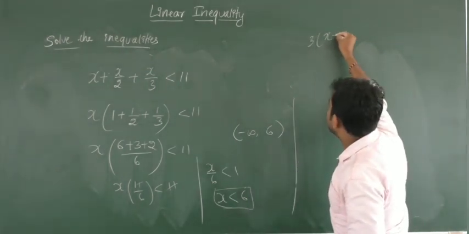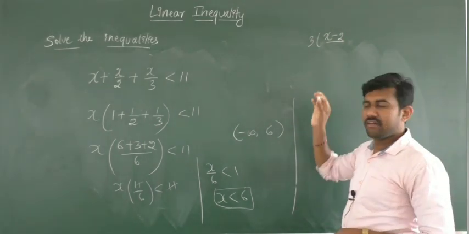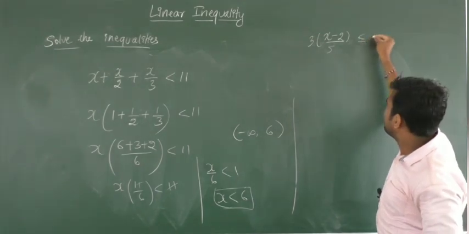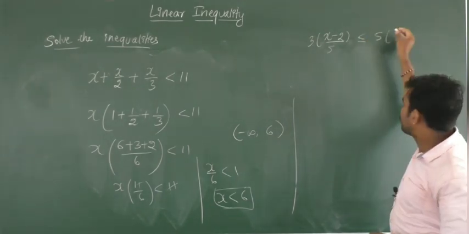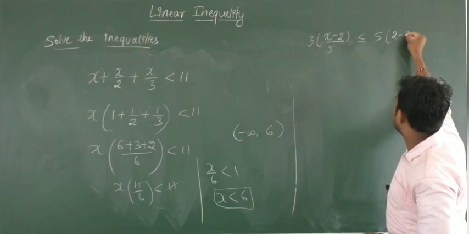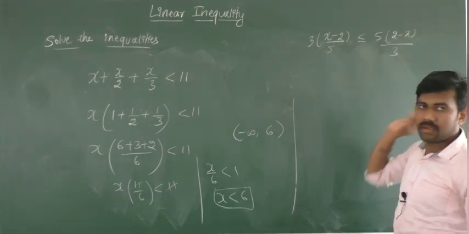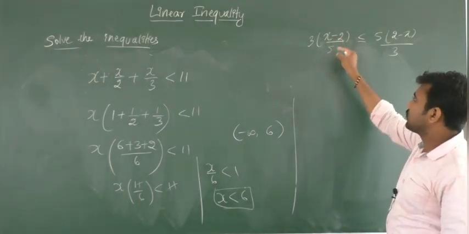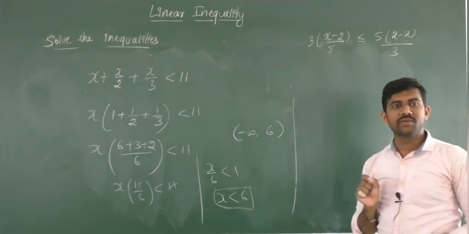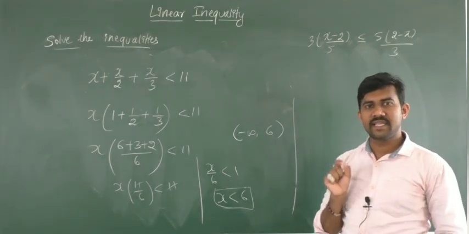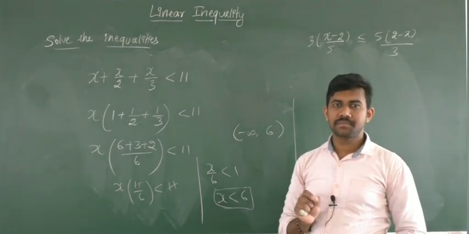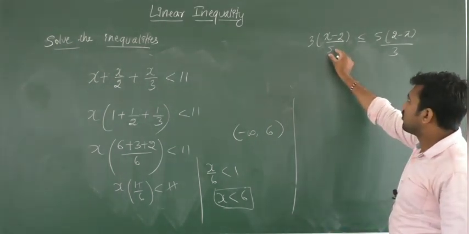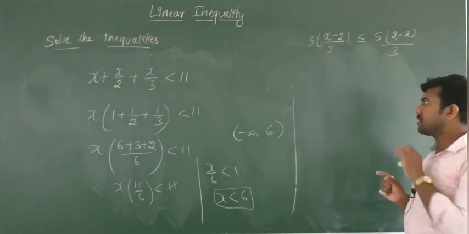3 into x minus 2 divided by 5 less than or equal to 5 into 2 minus x divided by 3. In this case, you can take the LCM of 5 and 3,